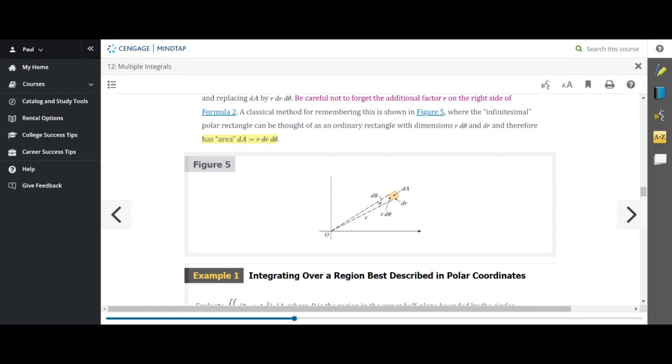You would take width times height. Well, the width is equal to the change in the radius, and the height is equal to the length of that little arc, which is r times d theta. You see that? So r d theta times dr is the area of that